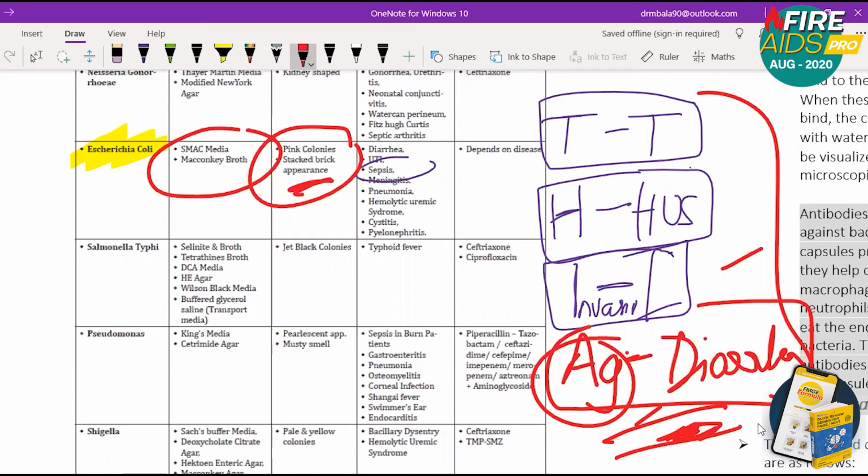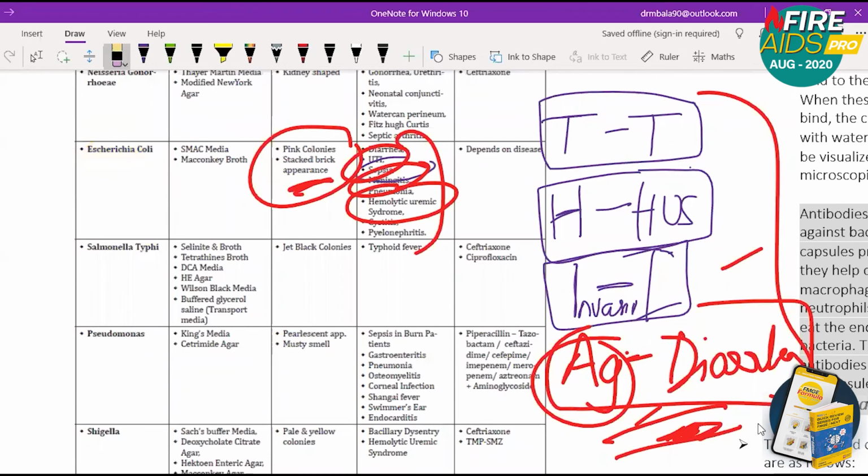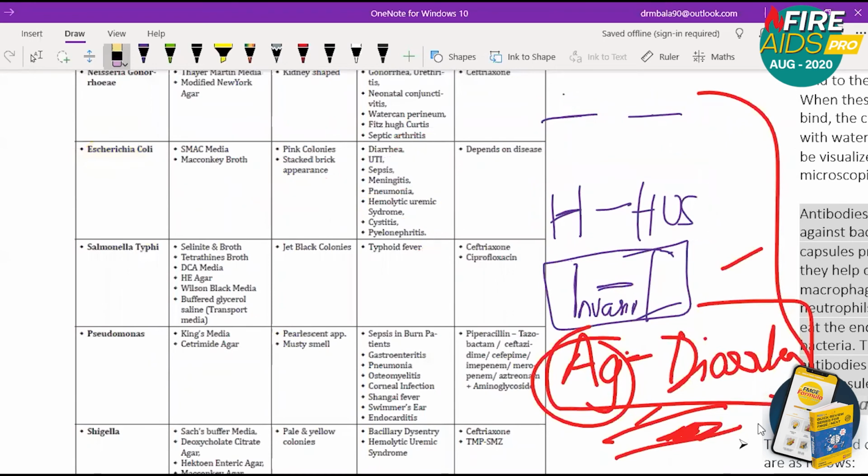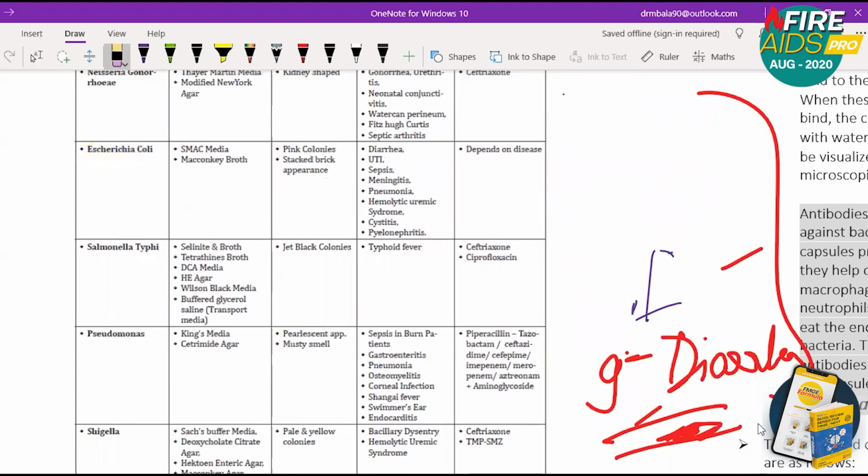So diseases, I already said, the main diseases you need to focus on are hemolytic uremic syndrome and meningitis. And UTI in young females is because of Escherichia coli. UTI in young, married females, you have to think of E. coli most of the time. So UTI, meningitis, and hemolytic uremic syndrome, these 3 points you must remember. For E. coli, I'm not making any mnemonic. It's a vast topic. You must read everything. There is no skipping points in E. coli actually.